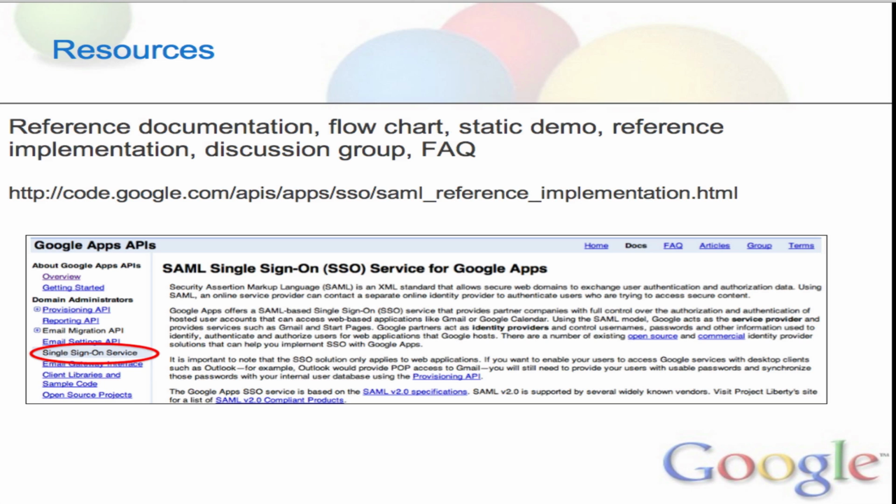Now, one of the key points here that you can see on this reference page is that Google Apps supports SAML version 2.0. So you cannot use a SAML 1.0 compliant system for single sign-on. You need to use 2.0, and that can cause problems. Those people might be using other systems to integrate. One classic example that we have seen is the integration with Postini. Postini uses a SAML 1.0 based specification. So for integrations with systems such as Postini or other systems that support 1.0, you won't be